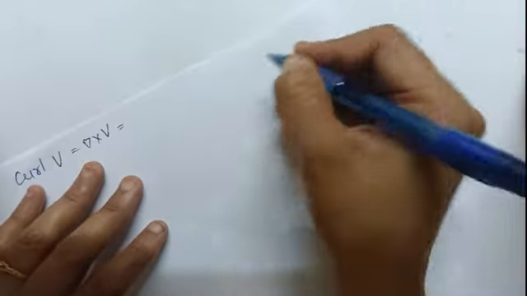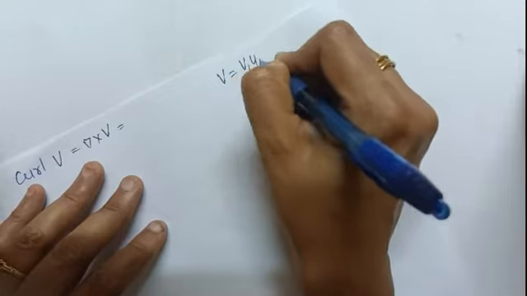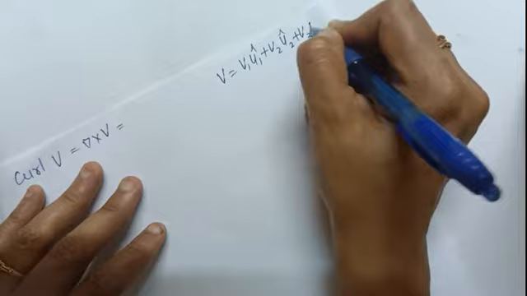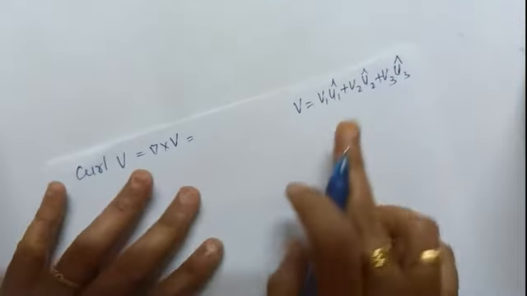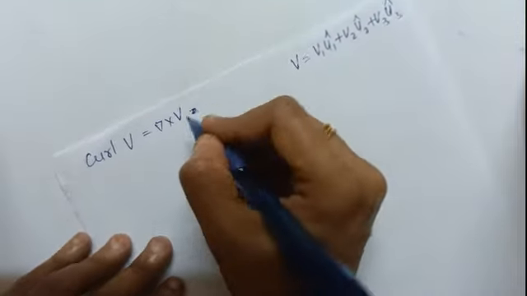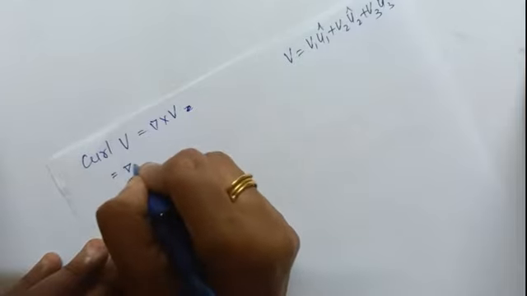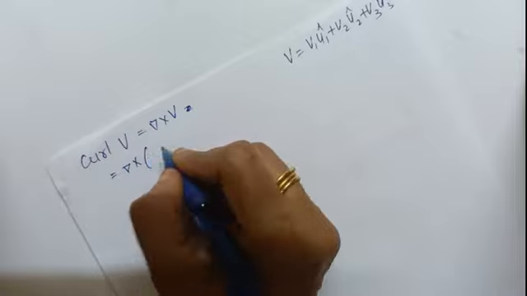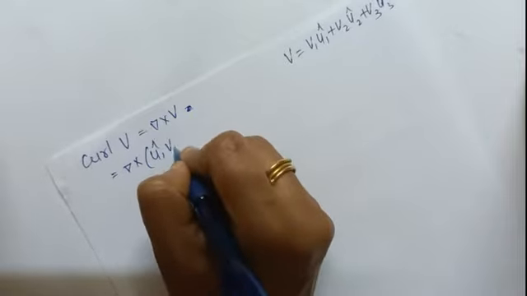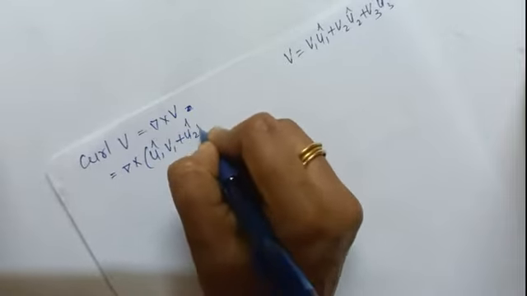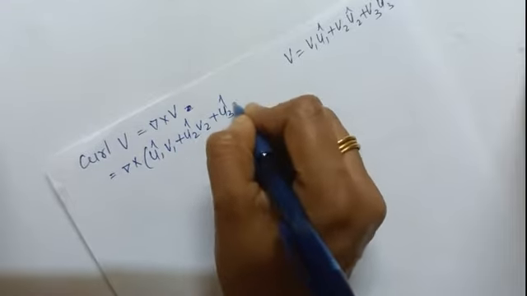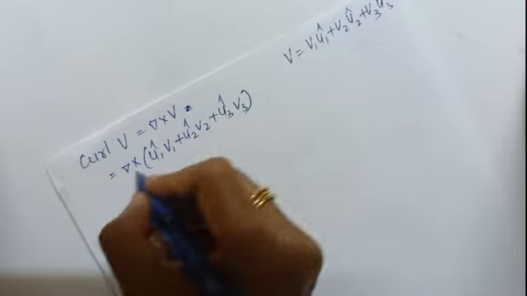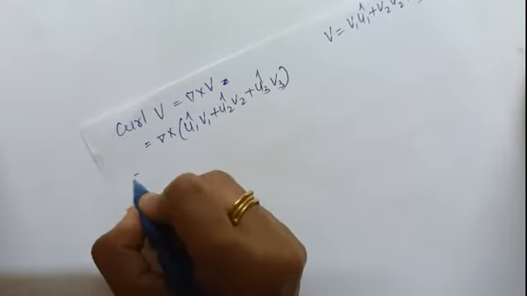And we know the V is having components V1 into U1 dash, V2 into U2 and V3 into U3, as in the earlier videos we have already mentioned. So what we are going to do, instead of V here, we are going to write the components U1 V1 plus U2 V2 plus U3 V3. Okay, now we are going to split it into each factor.